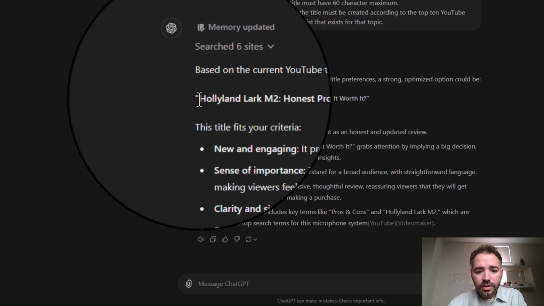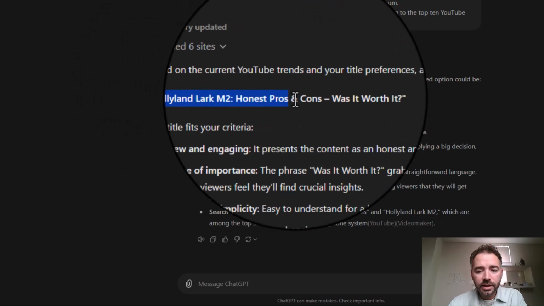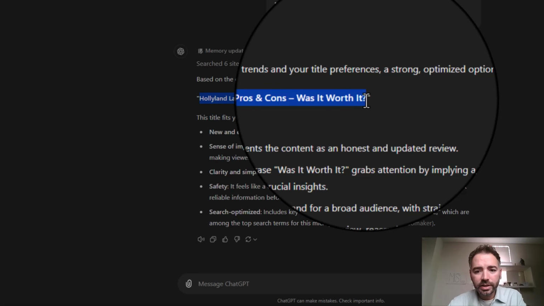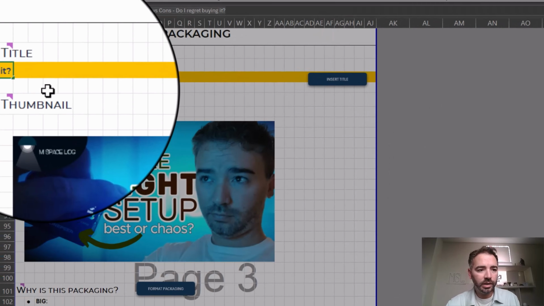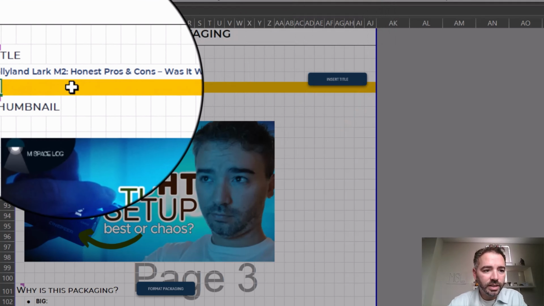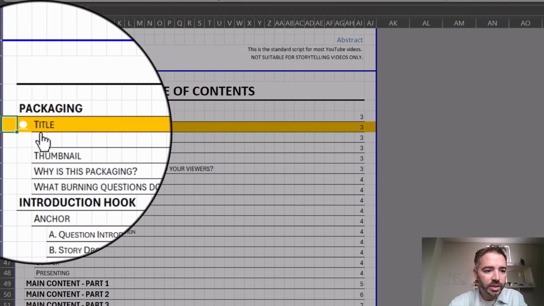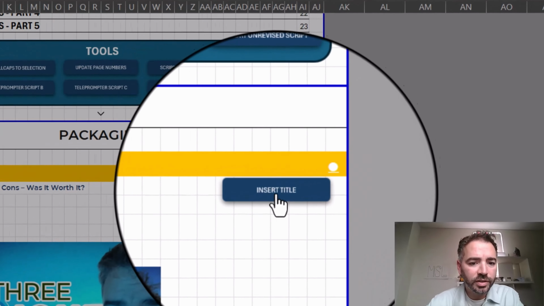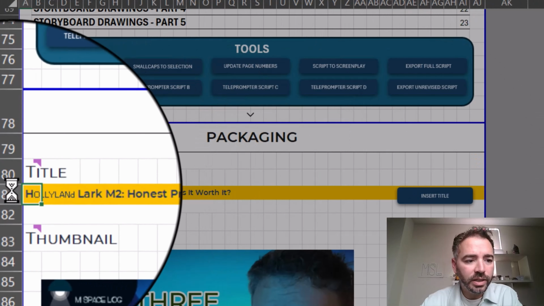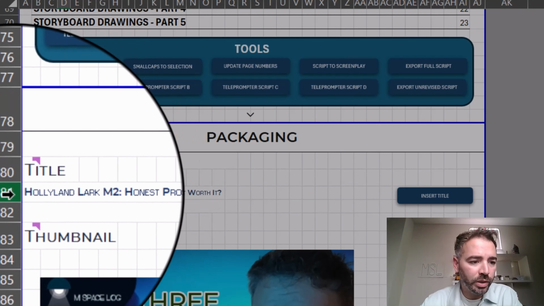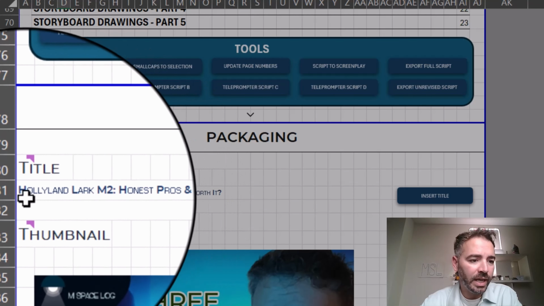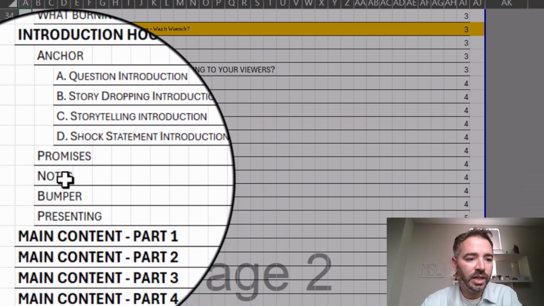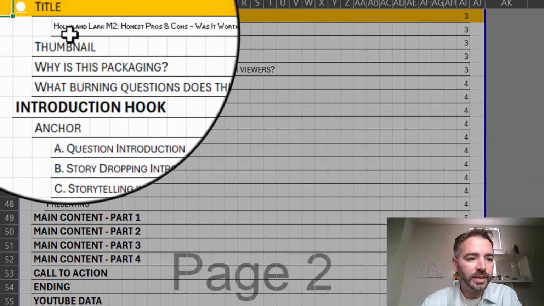I actually like this first one. Normally I just ask for another, but I like this one, so I'm going to copy and paste it over here. As you can see, if you go to the index, the title is not here, so I'm just going to insert it. I press this button here and it will introduce the title for me. It will also put the title all in caps and small caps. If I check it now, you see that the title is in the table of contents.